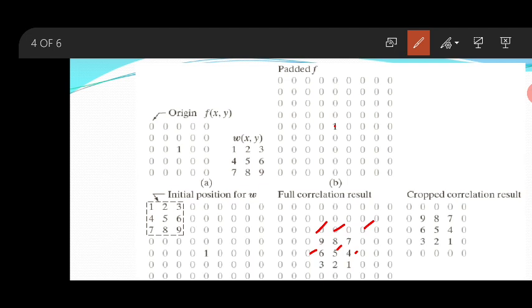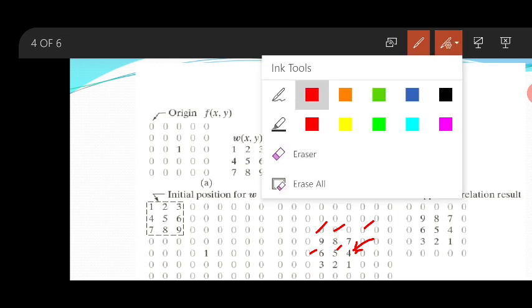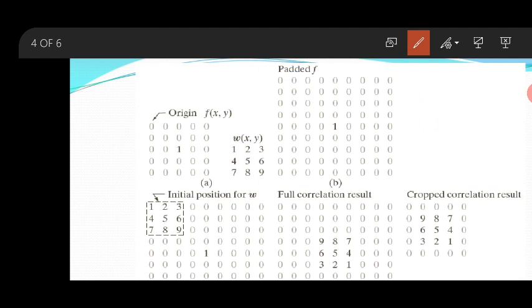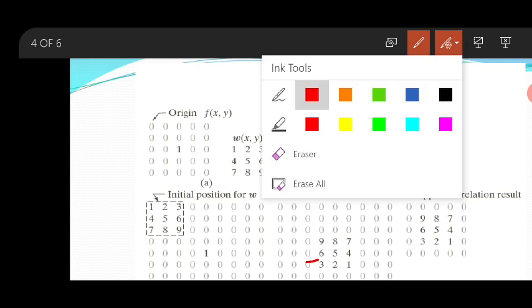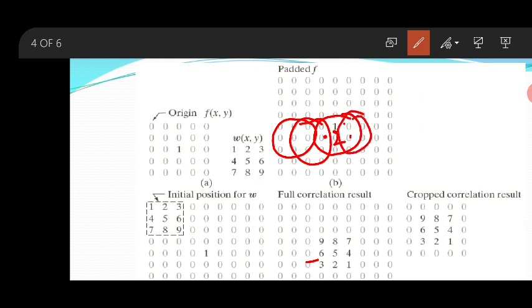Now again you slide it here. After sliding, at this position, what answer do you get? 4. That is a 4, because apart from this, only 1 is multiplied here, so 4 you get as the answer. Similarly, when you reach here, you have to go down by 1 position. 0, 0. Again, the same operations you perform. At this position, 1, 3. 3 you will get here. Next here, 2 you get. 1 you get here. Like this it will be getting performed.